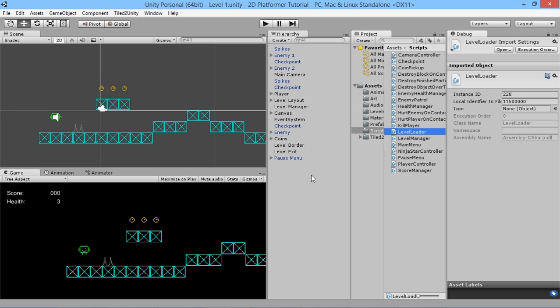Today we're going to take a look at adding a lives system to the game, so your player can lose lives and you get a game over, and also so you can pick up some extra lives as you wander around your level. So what we're going to have to do is, first of all, we need to have